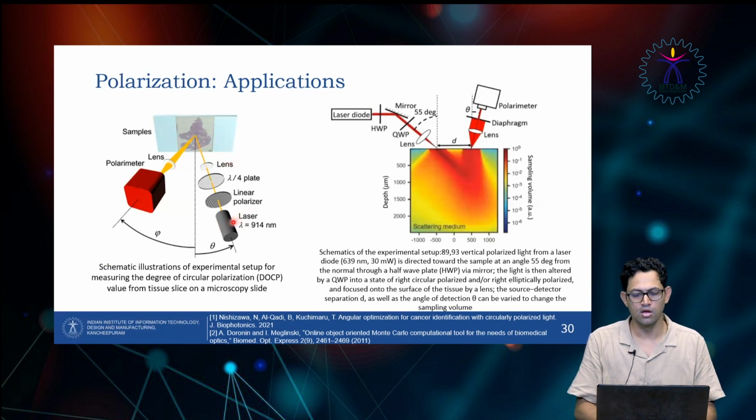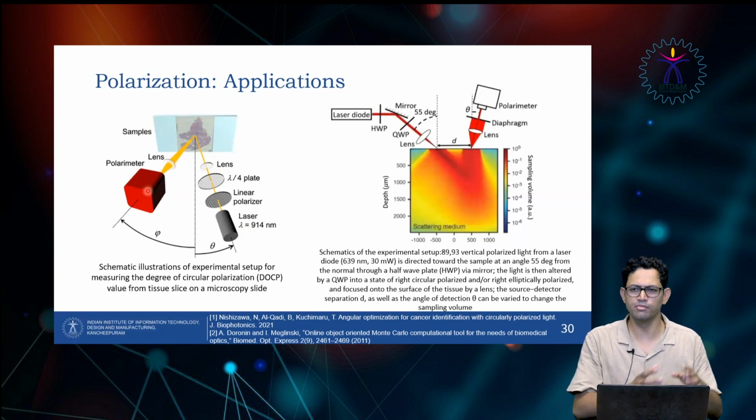For example, what we are doing is shining a laser of 914, that is an infrared light source. We first give it to a linear polarizer, then we give it to a quarter wave plate. What do we get? We get a circular polarized light source. I shine a circular polarized light source on this tissue and try to trace it along the whole slice of the tissue. Then I have a lens and then I have a